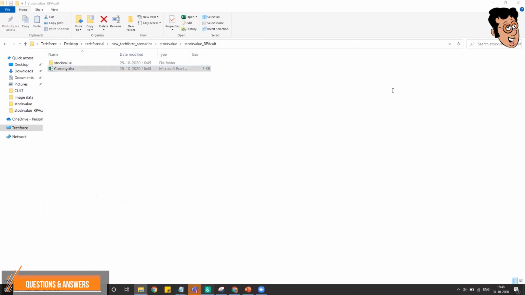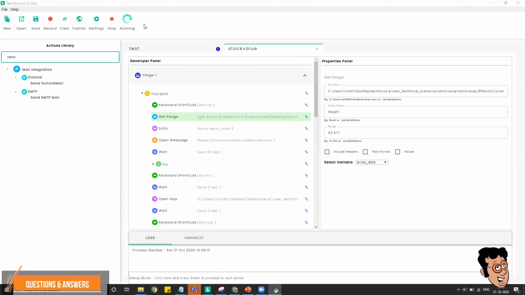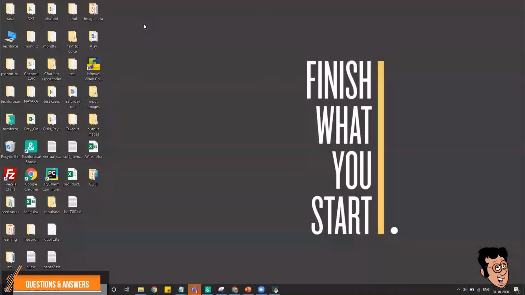Okay. So at TechForce.ai, we charge customers based on the bot run minutes. I agree with what you're saying, that if it is running 24/7, when there is a change in the price they should get alerts.